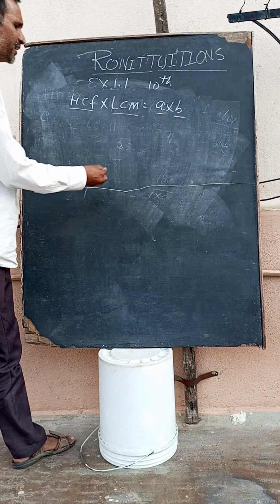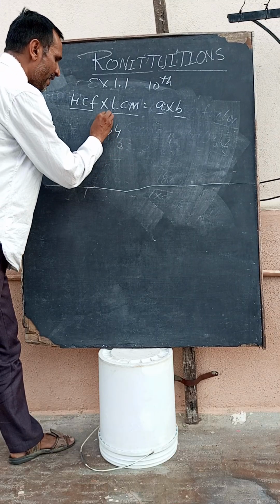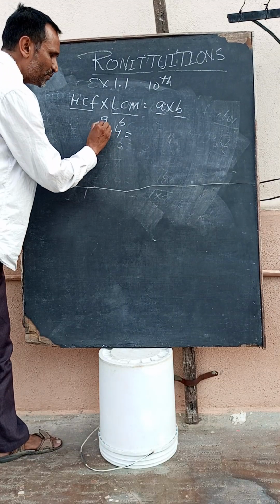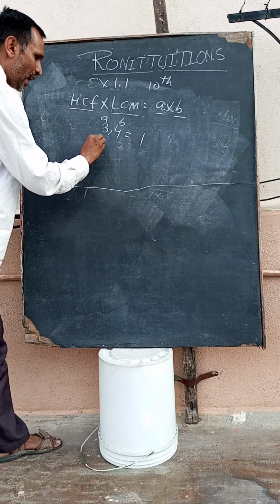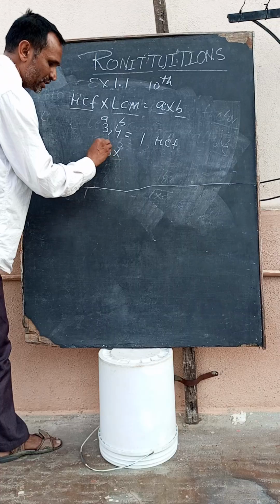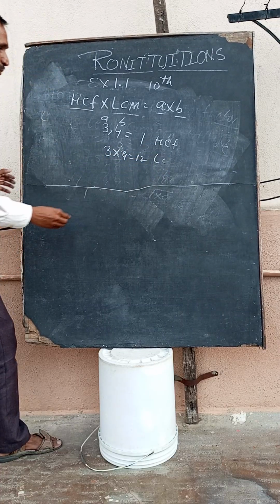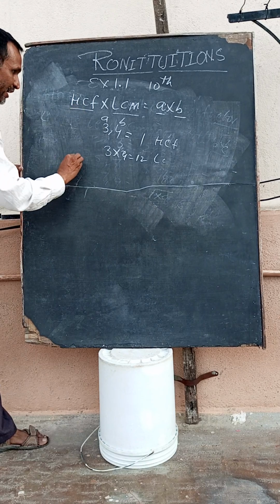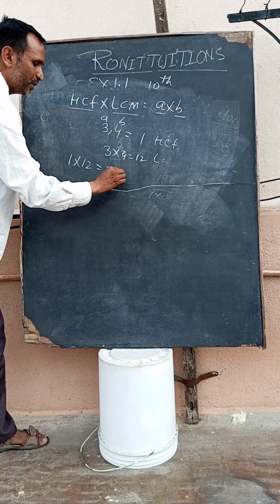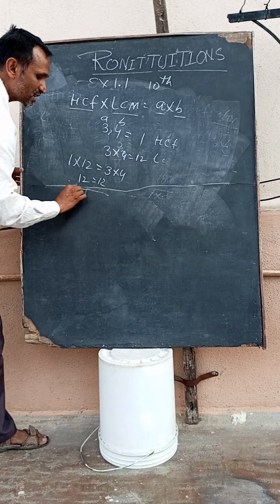Suppose I write two numbers, I take 3 and 4. So this is A, this is B. Now if I am finding the HCF of these numbers, you already know the HCF of 3 and 4 is 1. And the LCM will become the product of these, 12. So HCF 1 into LCM 12 is equal to A 3 into B 4, that is 12. This is their relationship.